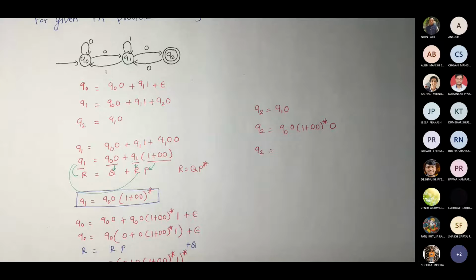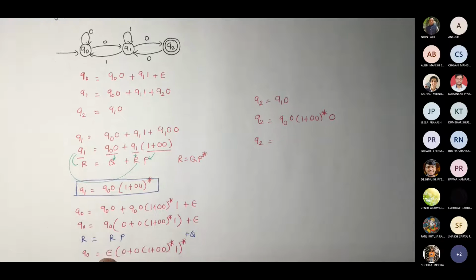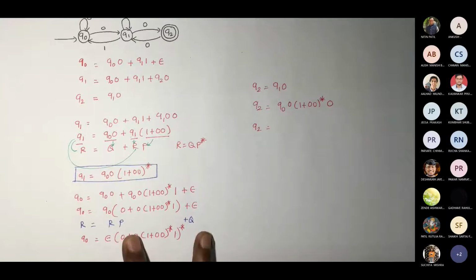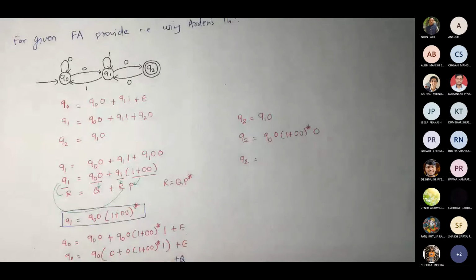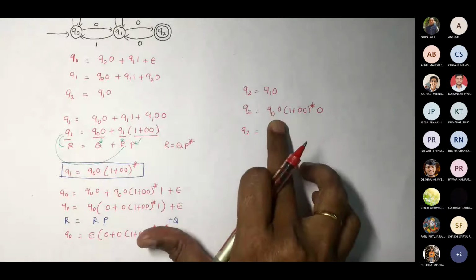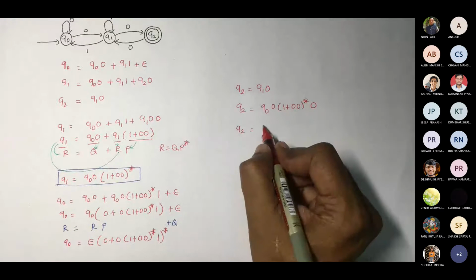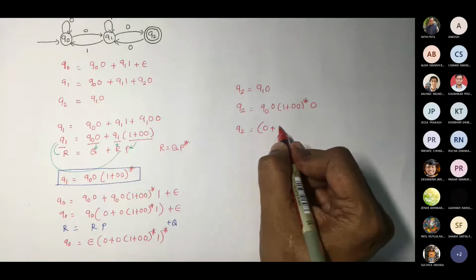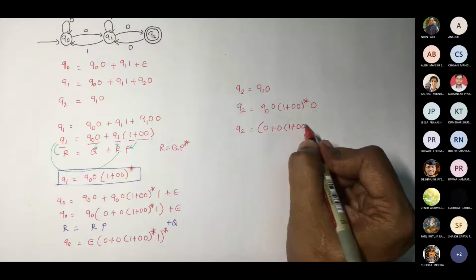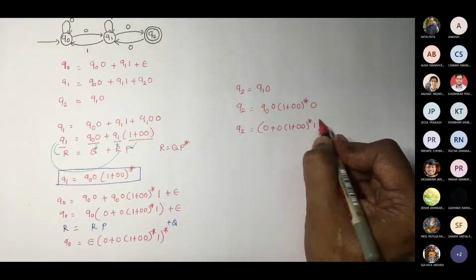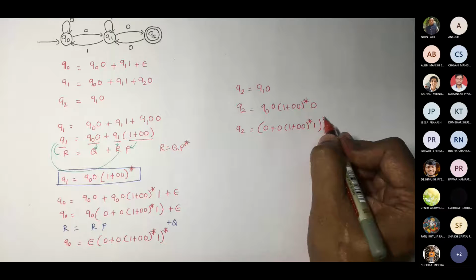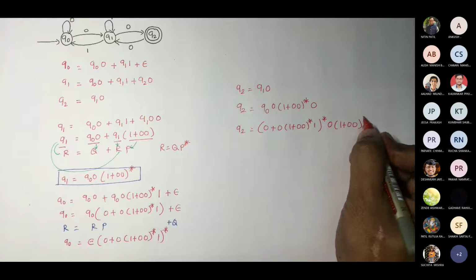Now I have Q0. What is Q0? This whole thing. So we saw in one of the definitions, if you write epsilon R epsilon, it is R only, correct? So I can remove this epsilon. Epsilon R, this whole thing is R, or R epsilon equal to R by the property. So I can simply write this value over it. This whole value that I got, I will put it here. So what will I get? 0 plus 0 1 plus 0 0 star 1 star 0 1 plus 0 0 star 0.